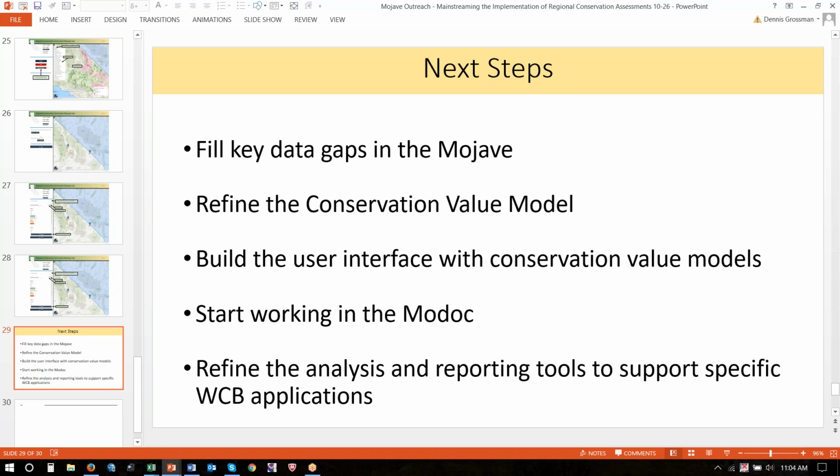Well, thank you for the work that you're doing, and this looks super interesting. I know Defenders would like to be engaged in it as you move forward. Great. So are there any major red flags that any of you on the phone see relative to what we're doing that we should take into account? No red flags, just more questions.